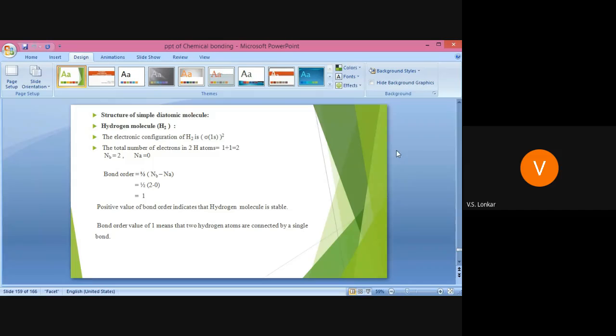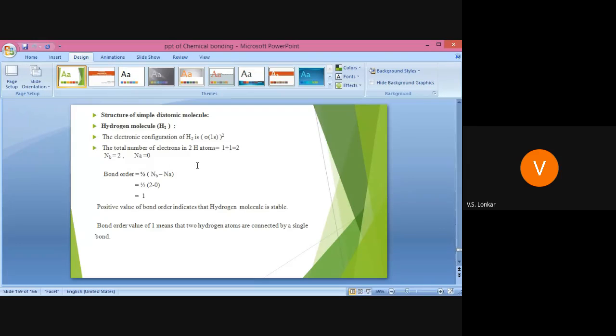I gave the two examples for your homework. Have you completed the homework? I think you are all able to solve those two examples, the oxygen molecule as well as the fluorine molecule. Just try to understand what I tell about those examples also. Just see the first example, H2.